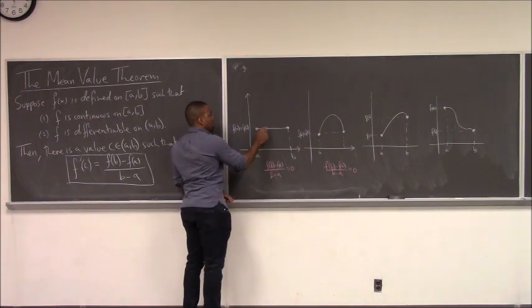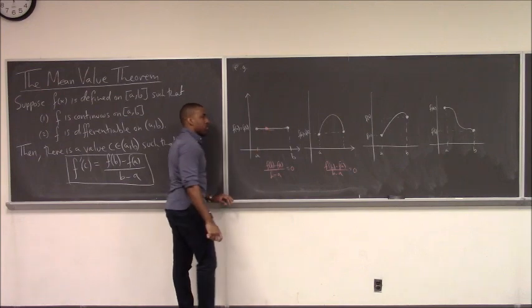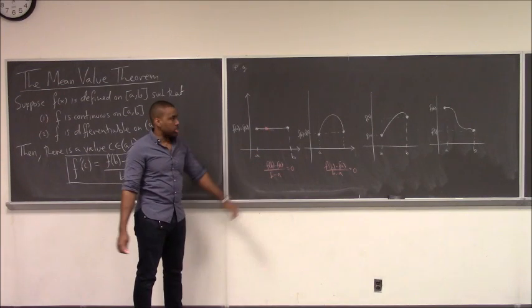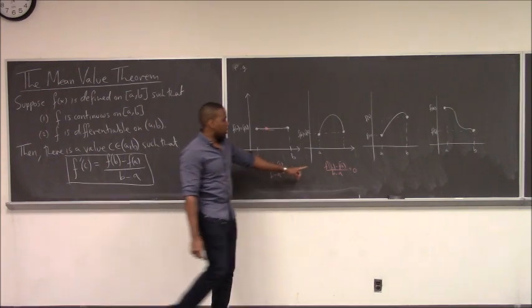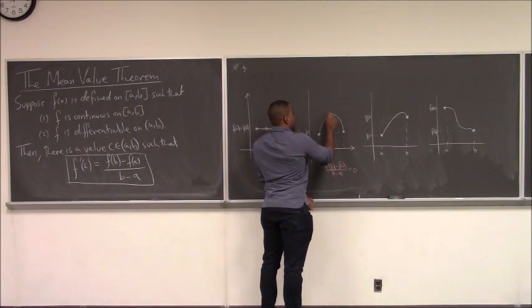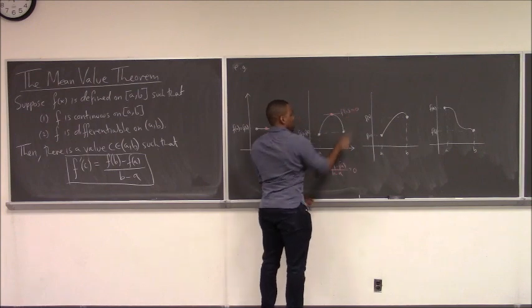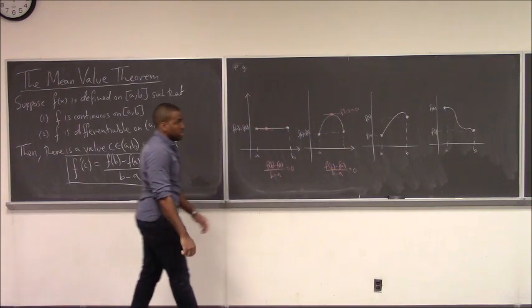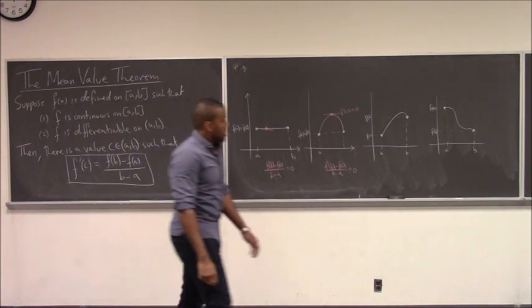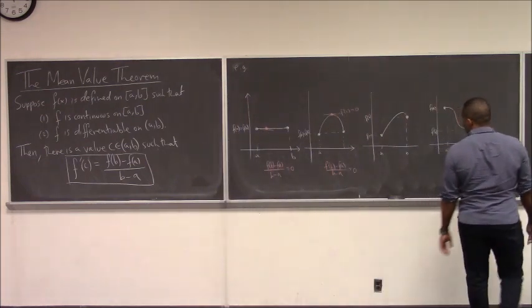So pretty much any point I pick here, the derivative at that point will be the same as the average rate of change. For this one, again, I can pick this point. At that point, f prime is equal to 0, which happens to be the same as f of b minus f of a. In other situations where your f of b is not the same,